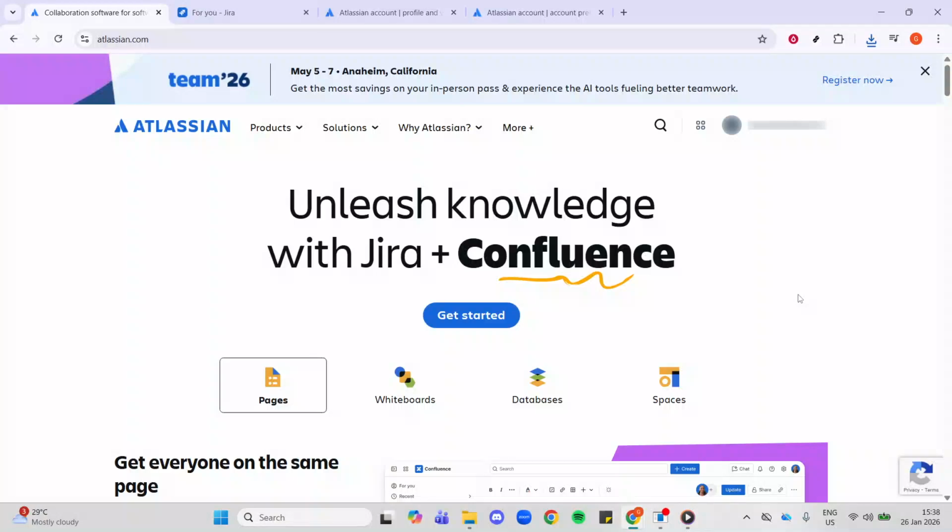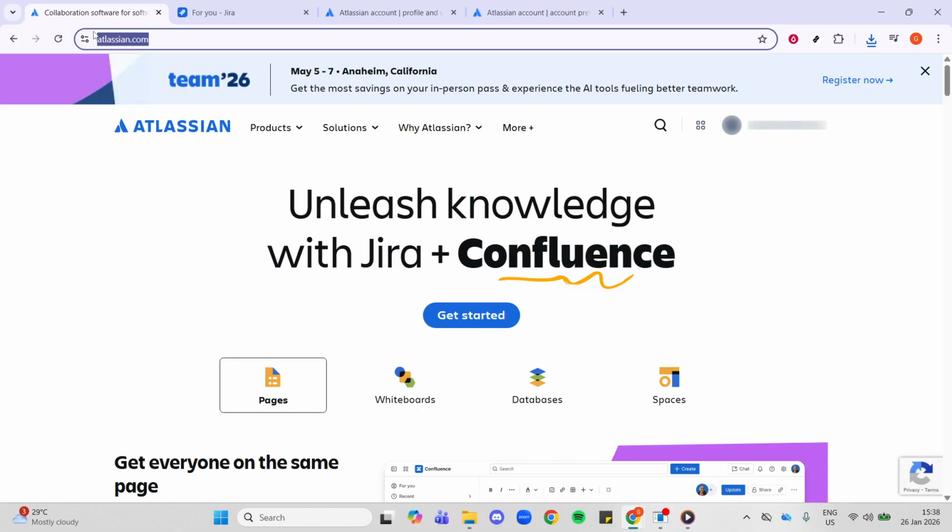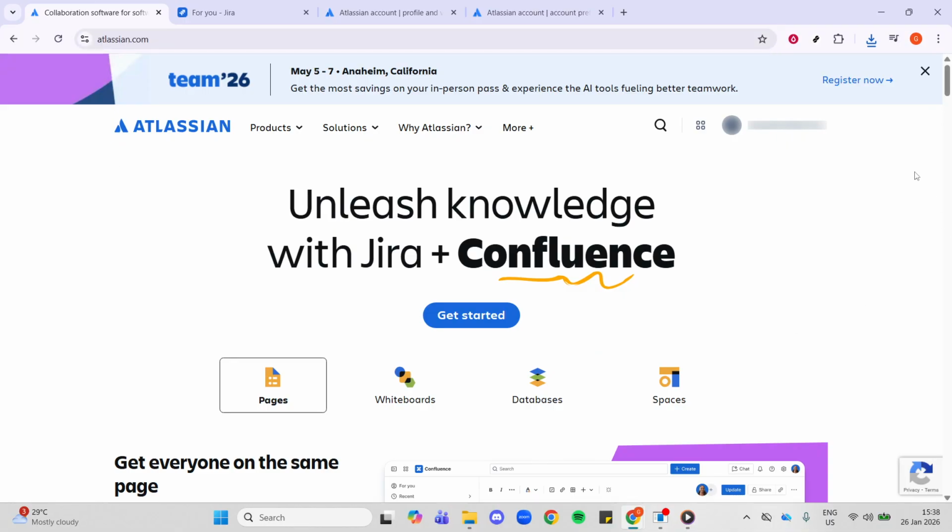In today's video, I'm going to teach you how to change your language in Jira. If you use Jira for tracking work, you might prefer the interface in a different language. The key is that Jira's language setting lives inside your Atlassian account, which means the change carries across the Atlassian